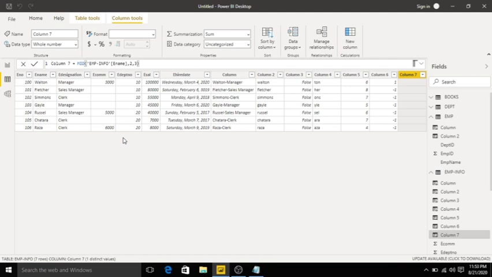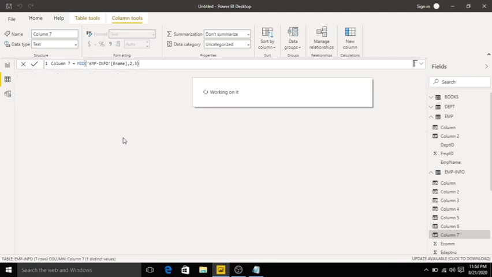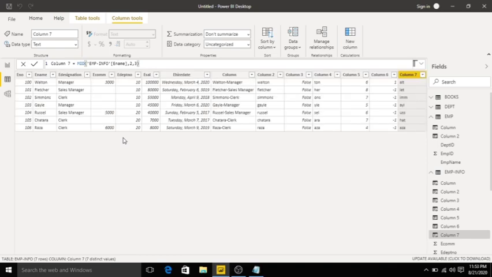Click enter. See starting position 2, number of characters 3, like LET, like IMM, like this.